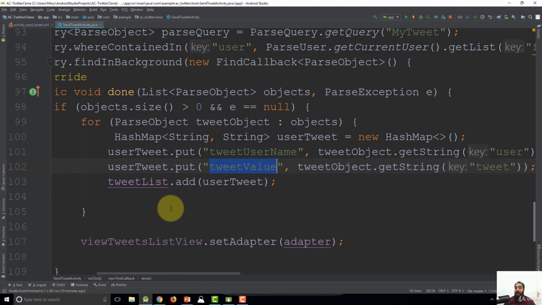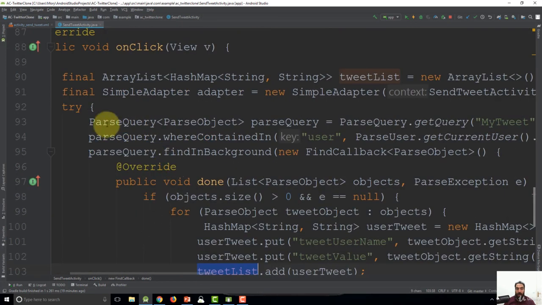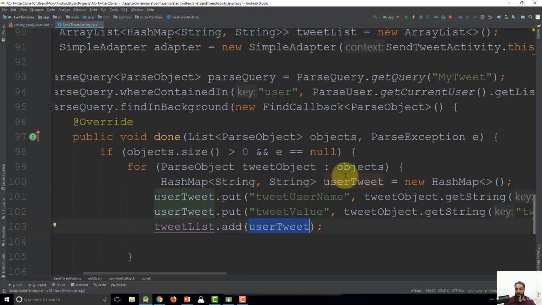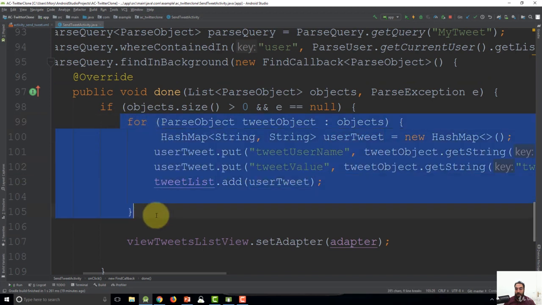Next, we are going to add this hash map object with these keys and values to our tweet list, which is of type ArrayList. Notice that our tweet list here is of type ArrayList that accepts objects of type HashMap that has a string as the key and a string as the value. That's why we can add this userTweet to our array list. So I am saying tweetList.add(userTweet). After this for loop executes for each tweet object that we get from the server,